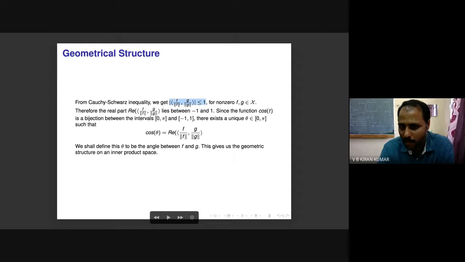So this is a complex number in the closed unit disk, so definitely its real part should vary from -1 to 1. That's what I wrote here. Now the cosine function is a one-one onto function from [0, pi] to [-1, 1], and you have an element in [-1, 1]. Therefore, for every such element, you have a corresponding theta such that it equals cos theta. So there exists a theta in [0, pi] such that cos theta equals this. Is that clear?